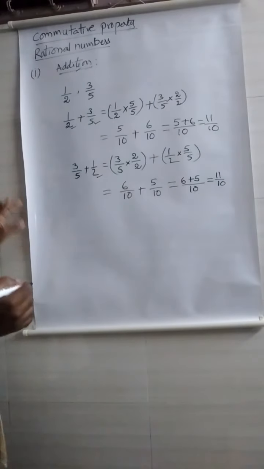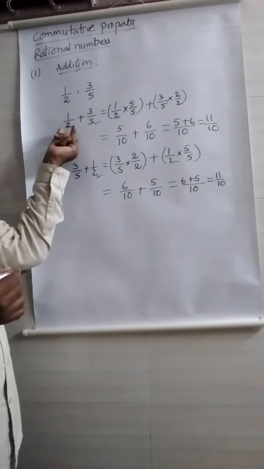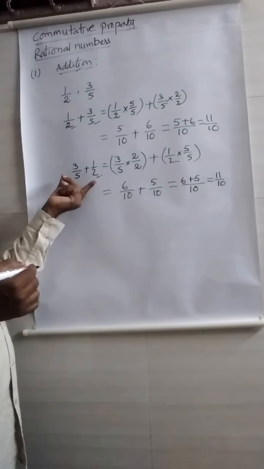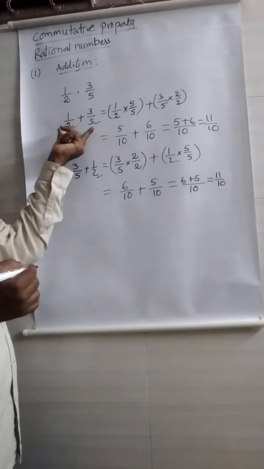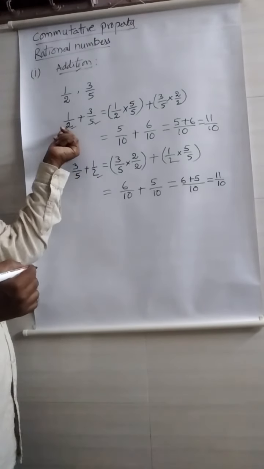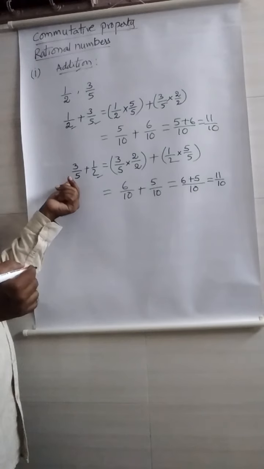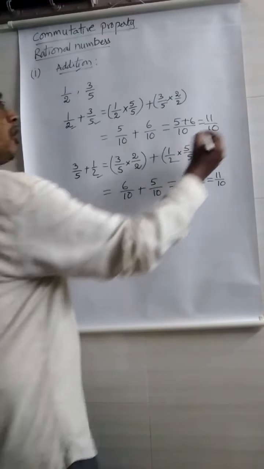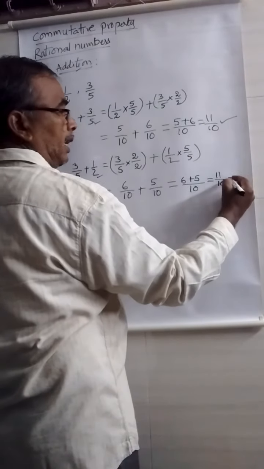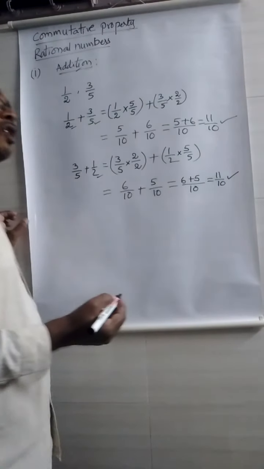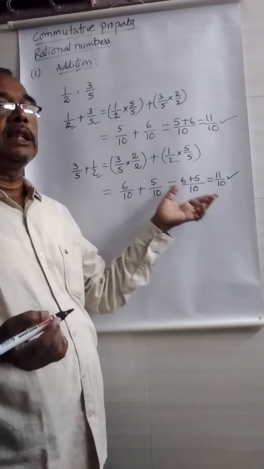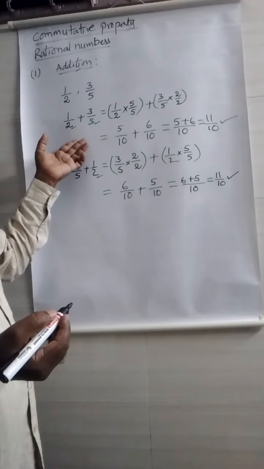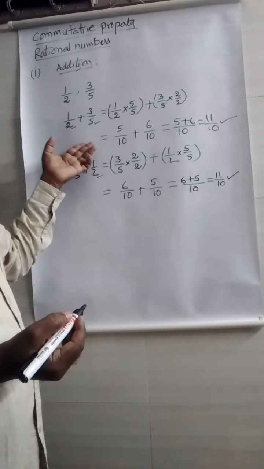What you get previously, here you take 1 by 2 plus 3 by 5 in the order. But here you write in the reverse order which we took previously. అంటే ఇంత ముందు రాసిన దానికి ఇక్కడ రివర్స్ లో రాసాము. అందాక 1/2 కి 3/5 యాడ్ చేసాము. ఇక్కడ 3/5 కి 1/2 యాడ్ చేసాము. Both are same numbers. Now what you get in the first one, 11 by 10. What you get in the second part, here also 11 by 10. That means there is no change in the result even though the order of the taken numbers is changed.